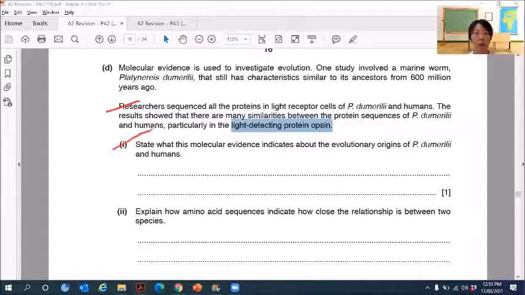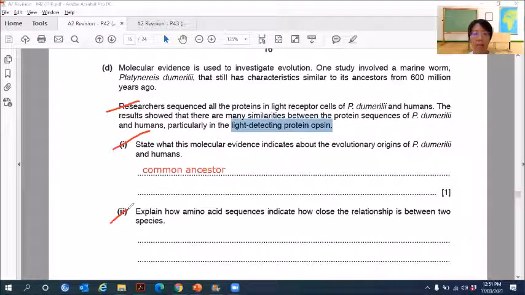State what this molecular evidence indicates about the evolutionary origins of these 2 organisms. So when you can detect many similarities in the amino acid sequence, it shows that they may come from an original common ancestor. So therefore you can write your answer as they may have got a common ancestor, or same ancestor, or they have got a shared origin. Next,